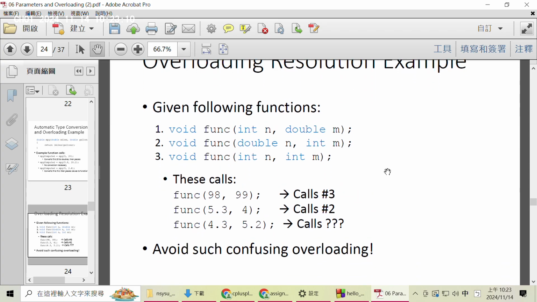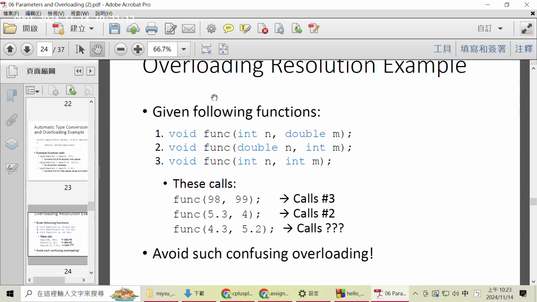The next one is another function overloading example. Now suppose we overload func, and we have 3 versions. The first version accepts 1 integer and 1 double, the second version accepts 1 double and 1 integer, and the third version accepts 2 integers. And if we make a function call like this,